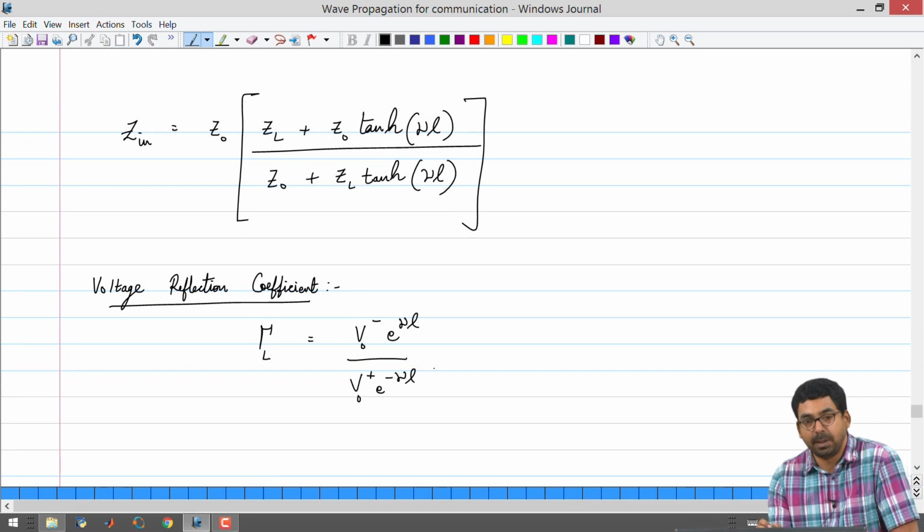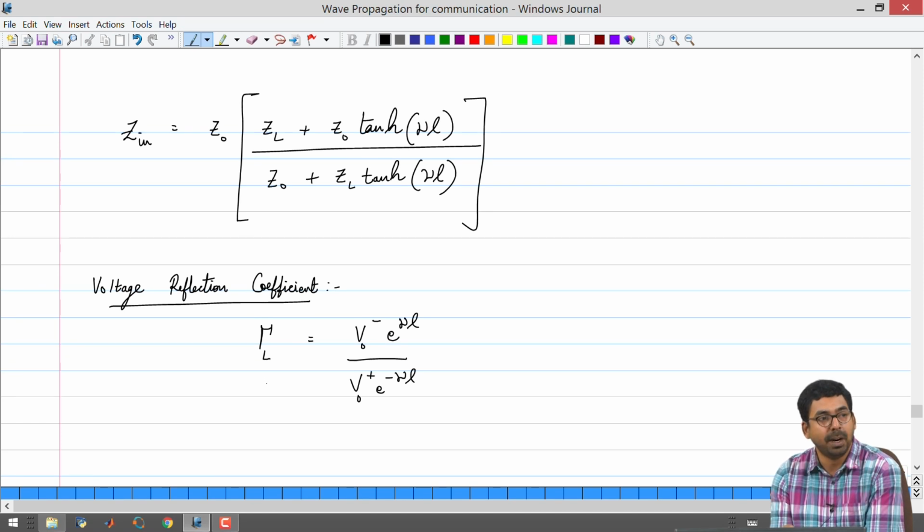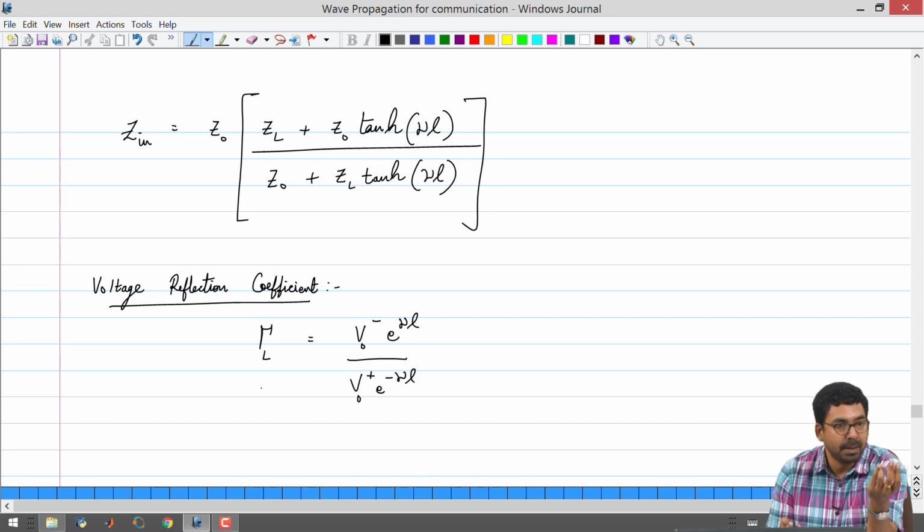One could also go one step further and say that V naught minus divided by V naught plus is your reflection coefficient at the source side, and then if you multiply that with another quantity e to the 2 gamma L, you will be ending up with a reflection coefficient on the load side. This just now gives you a relationship between reflection coefficient at different places. If you know the source side reflection coefficient and the length of your transmission line and say the propagation constant, you can estimate what the reflection coefficient at the load side is going to be, all right, and vice versa.